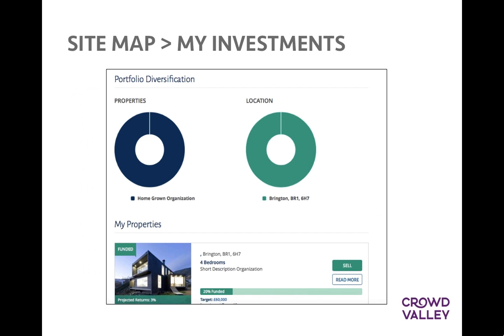And then there's also attributes like referral codes and affiliate codes. So if you're working with brokers, for example, and you want to track which users are introduced to your platform by a particular broker, then you can assign the broker an affiliate code and then ask the broker to provide the affiliate code